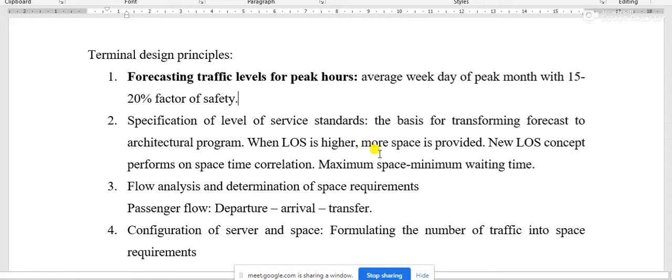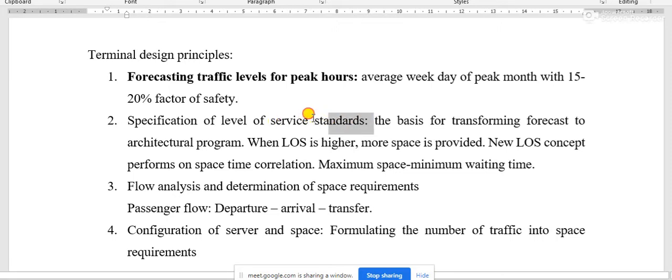And if that space is not sufficient to provide a standardized level of service, then obviously that terminal building has a lower level of service, and that is not desirable for any airport in any part of the country.